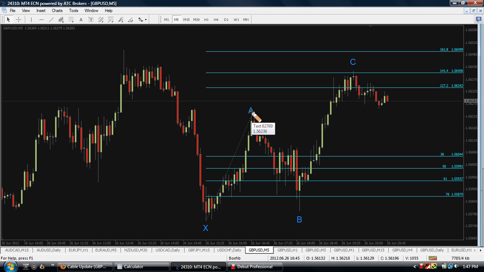Now we're looking at the retrace of X to A, and price went from X to A, so the retrace will be back towards X. And you can see my fib tools are pulled properly here because you see the lowest to the highest in the direction of the retrace. So as price moves from A towards B, 38 is first, 50 second, 61, so on and so forth. And you can see here that price did close below B